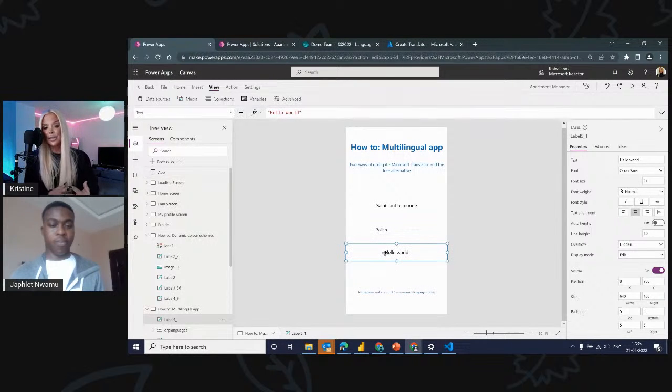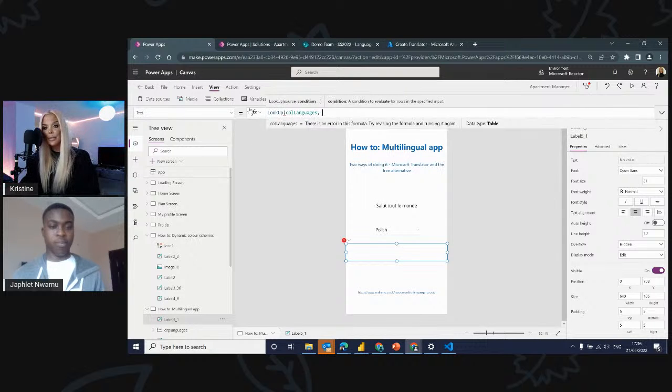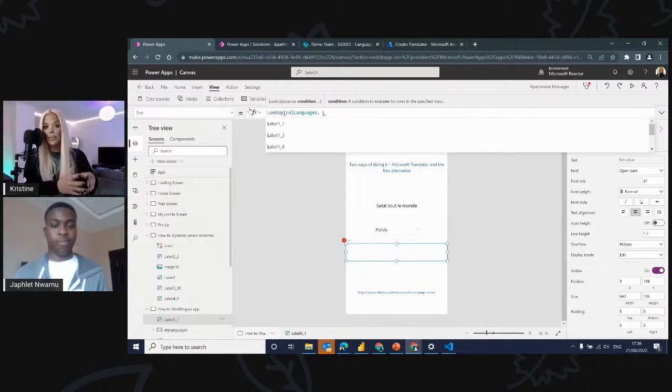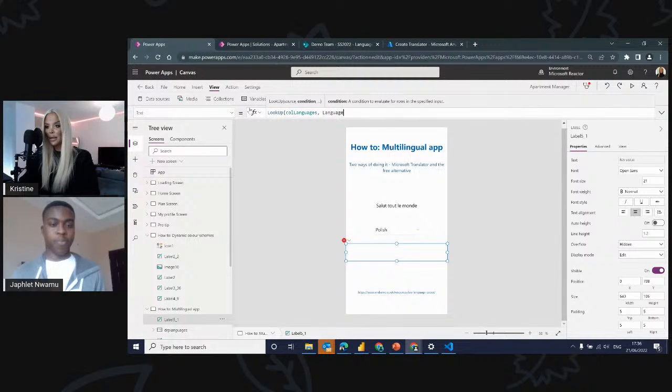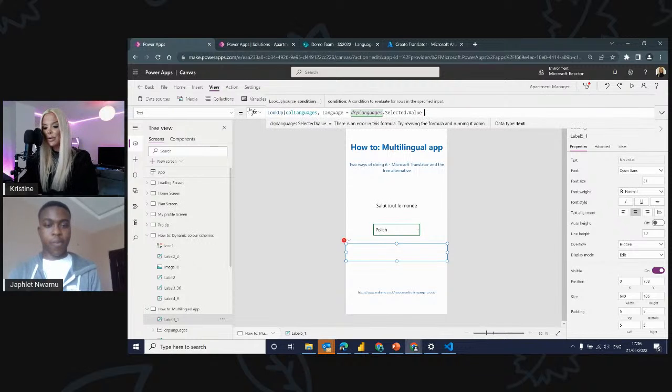So the first thing that we have to do is we have to actually connect that text to that drop down. So what I'm actually going to do is I'm going to show you how to do that quickly. It works exactly the same as the columns and the dynamic themes work. So if I was to just do a lookup, and we will look up to our collection of languages. Now, with the languages, we want to compare the language column in our data source to the language selected in a dropdown. So in our case, that will be the language column, Language, and we're comparing it to the dropdown. So in our instance, I think I've called that dropdown languages. Then we'll do selected and then dot value,